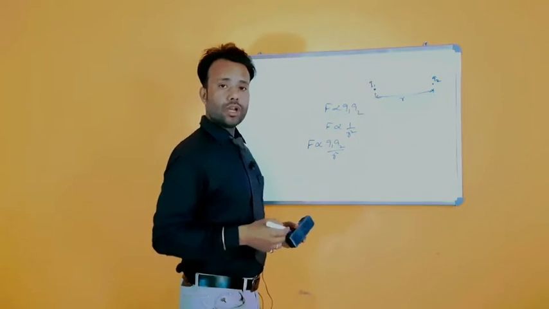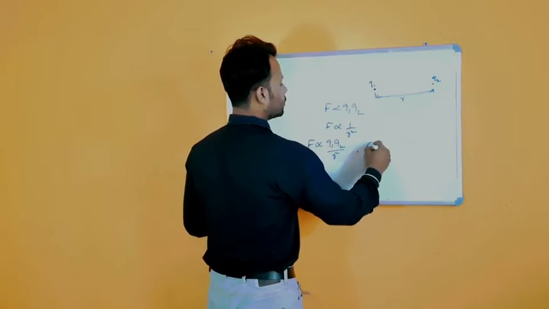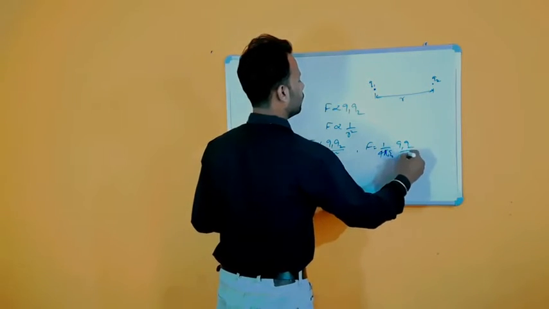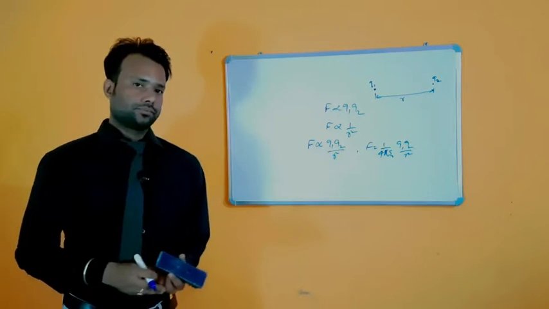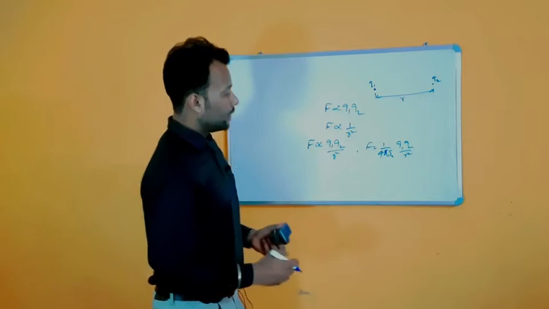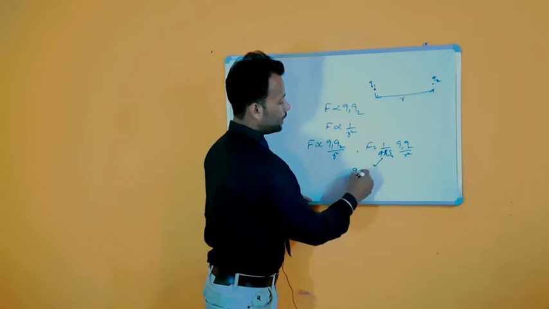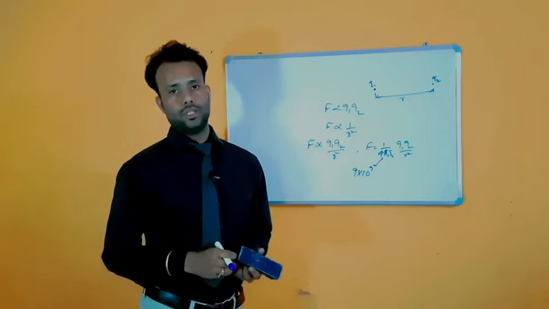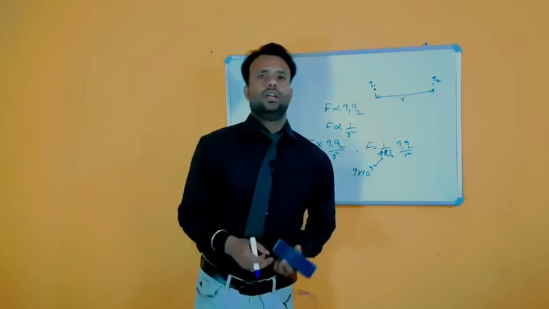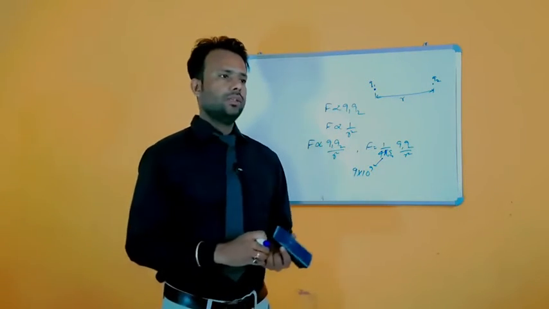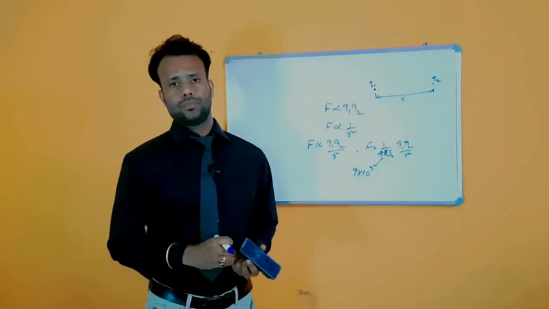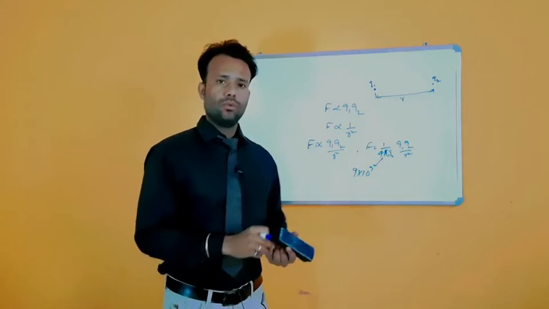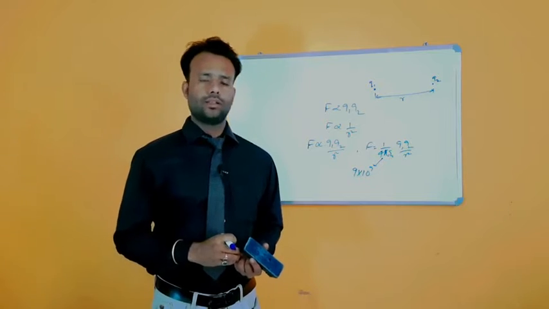or when we remove this proportionality sign, we'll get F equals 1 upon 4 pi epsilon naught Q1 Q2 upon R square. This was Coulomb's law. The value of 1 upon 4 pi epsilon naught was 9 into 10 to the power 9, and here epsilon naught was the permittivity of free space. Today we'll start with Coulomb's law in vector form. Before discussing Coulomb's law in vector form, you must know what the triangular law of vector addition was.